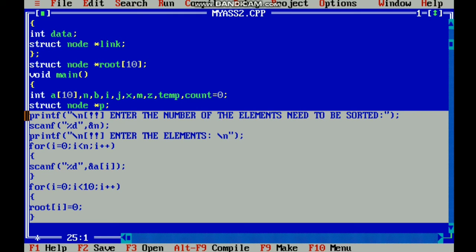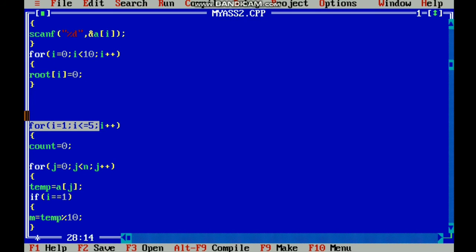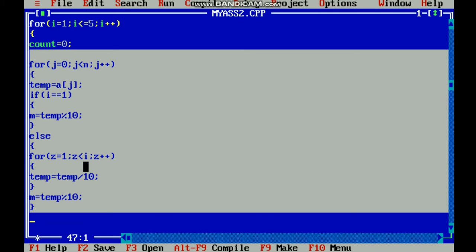We can consider up to 5 digits in an integer of array A. Then from here to here I declared variables temp and m. These two will store the digit of the integer, which can be used further in the code.